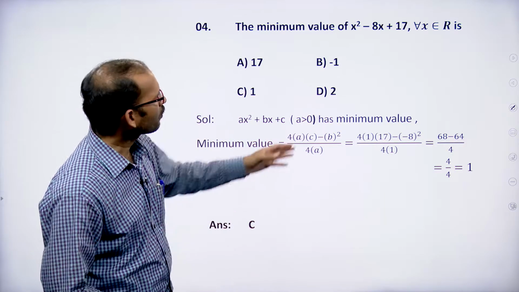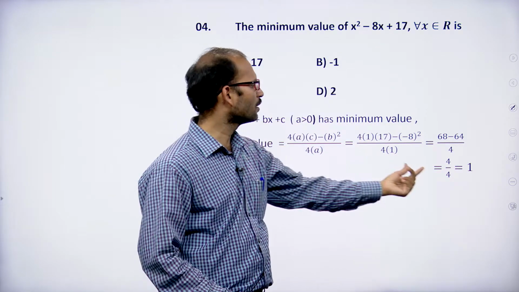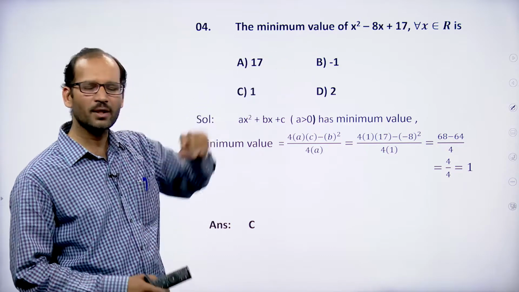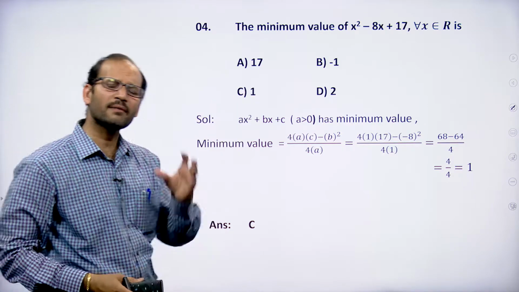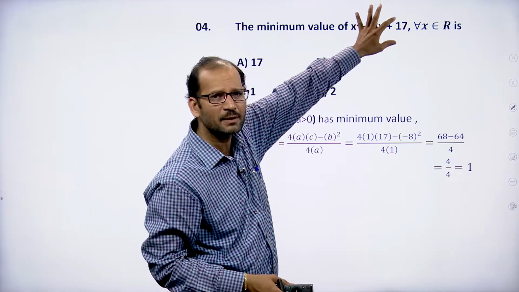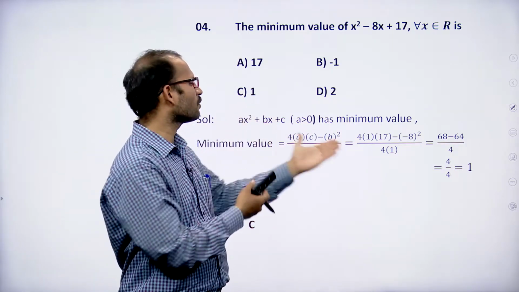Okay. So therefore the coefficient of x square is 1 here, the coefficient of x is minus 8, the constant is c. Substitute here, we got the value of 1. So 1 is the minimum value of this expression, because the maximum value you cannot find, only the minimum value you can find out. That means whatever value of x you want to substitute in the place of x in this expression, you do not get any value which is less than 1. 1 is the minimum value.